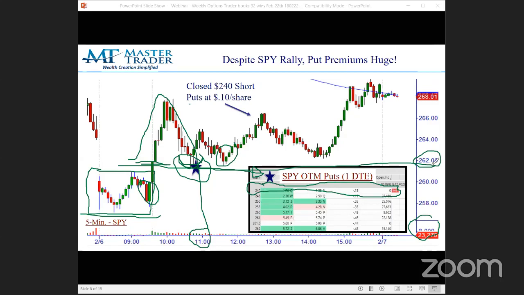240 less 262 is $22 of cushion to be wrong. You don't need a calculator, but 22 divided by 262, I don't know, what's that, 8%? Do you think the spiders are going to go down another 8% based on the charts, not just going into wish hope mode? And if you sold a 10 lot at $1.80, that is